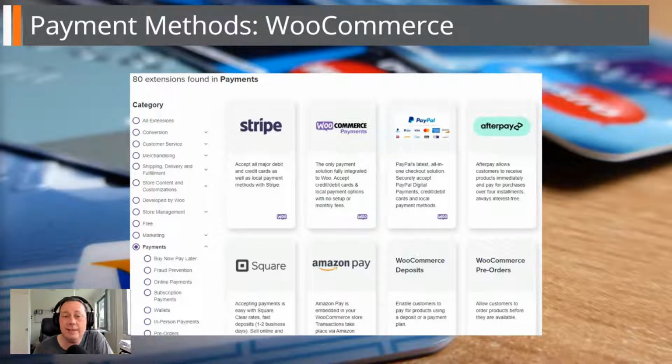Now, prices in here range from free all the way up to $100 for the official extensions here in the repository. But there's other locations like Code Canyon, which offer alternative payment gateways and different price levels as well. Now, with WordPress and WooCommerce both being open source software, if you can't find a pre-built gateway, then you can just hire a developer. As long as your payment service offers an API, hire a developer and create one for you.